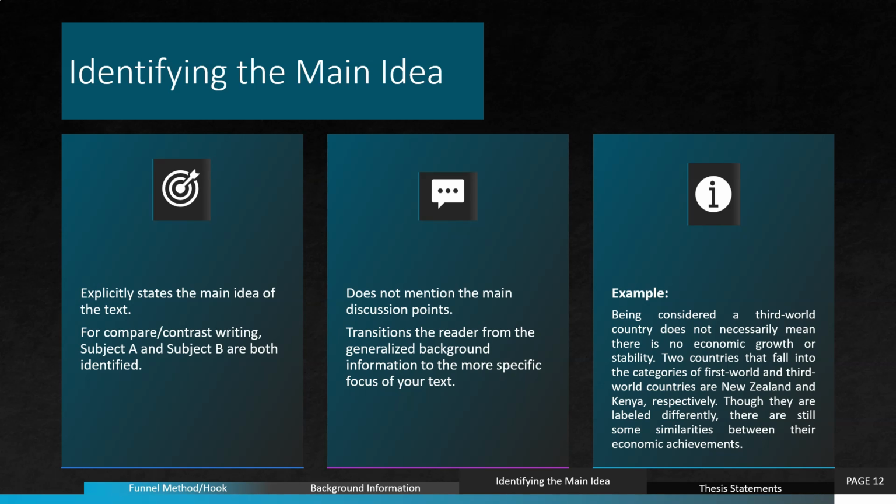For example, being considered a third world country does not necessarily mean there is no economic growth or stability. Two countries that fall into the categories of first world and third world countries are New Zealand and Kenya, respectively. Though they're labeled differently, there are still some similarities between their economic achievements. And this leads us to